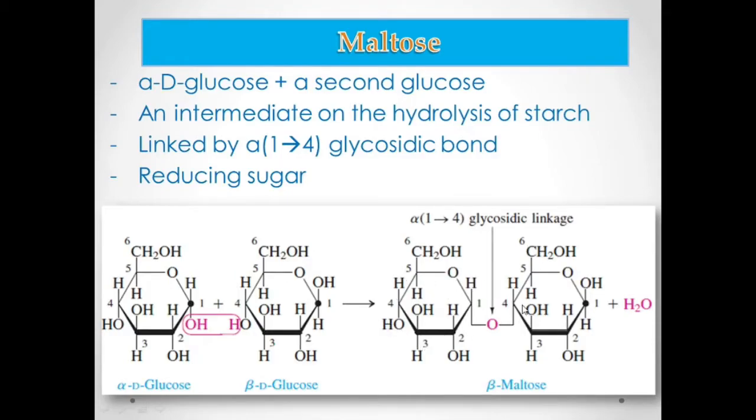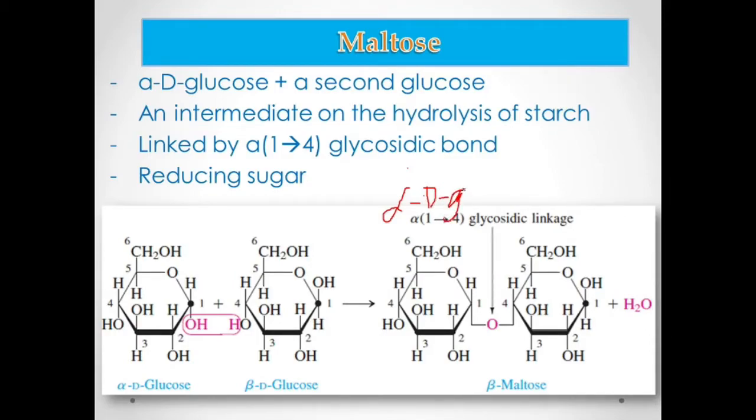Remember, disaccharides are glycosides, so we are going to end the name of the disaccharide with the suffix -ide, to show that the disaccharide is in a glycoside form because of the glycosidic bond. So you name first the non-reducing monosaccharide. The first sugar there is alpha, that is alpha D,